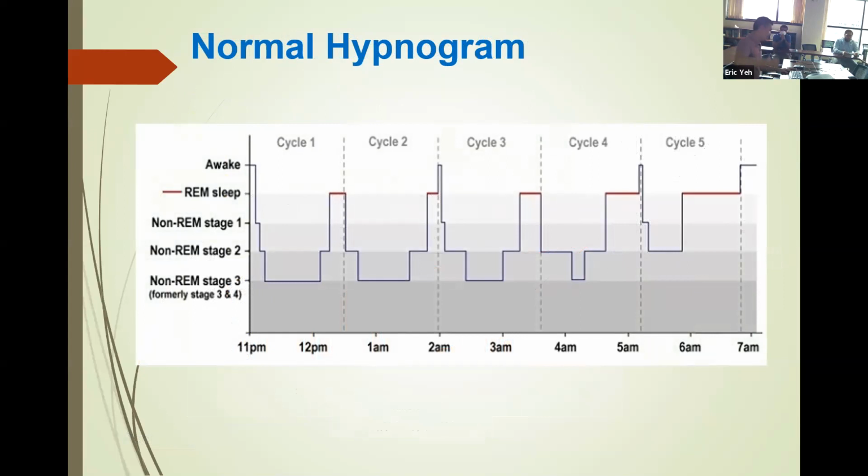So with sleep neurobiology, you're going to look at our normal hypnograms. This is what we see. You see there, in probably about a 90-minute cycle, 4 or 5 cycles. You start with stage 1, then 2, then 3. But obviously with over here,